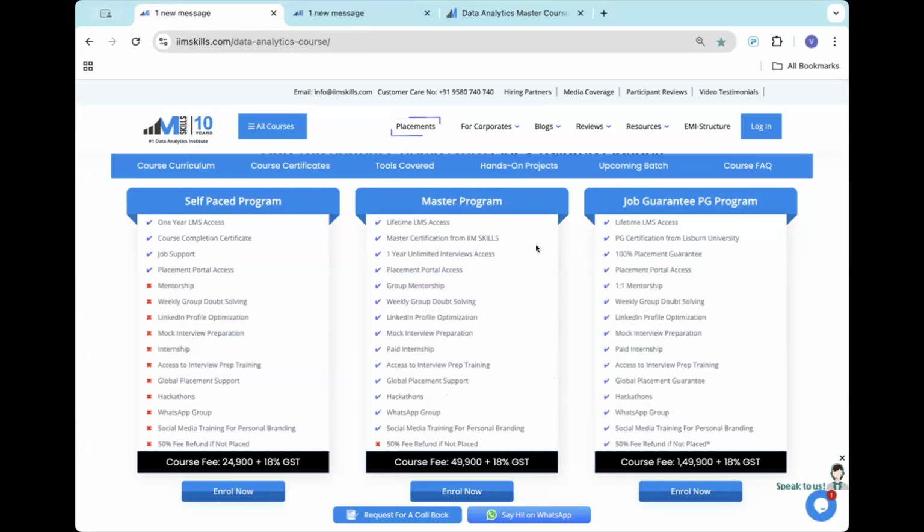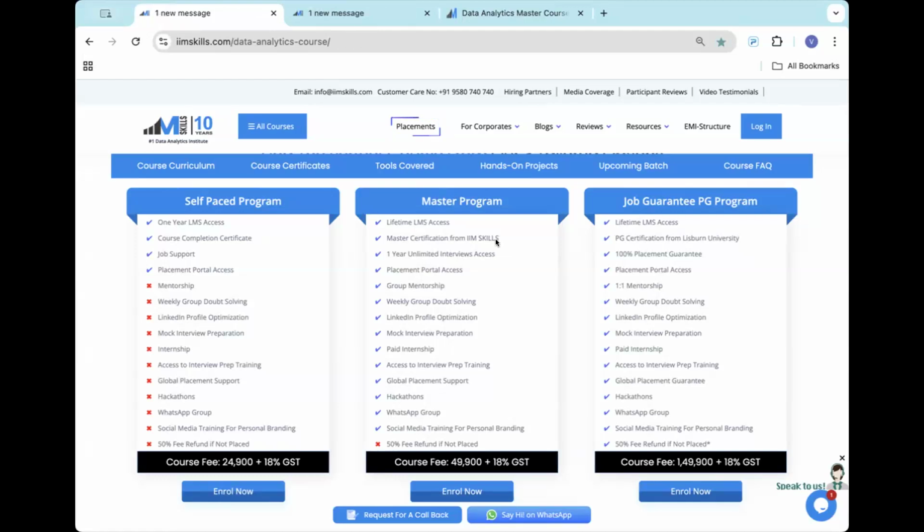One thing is you will be provided with 9 certificates in total in the master program and 10 certificates in job guarantee PG program. Now, what are the 9 certificates in master program? Number one, Google certificate. Number two, Microsoft certificate. Number three, DSAFS certificate. Number four, you will be provided with internship certificate and MSME recognized course completion certificates. These are five certificates for the course and four capstone project certificates from companies like PwC, Accenture, TCS, and Quantium,